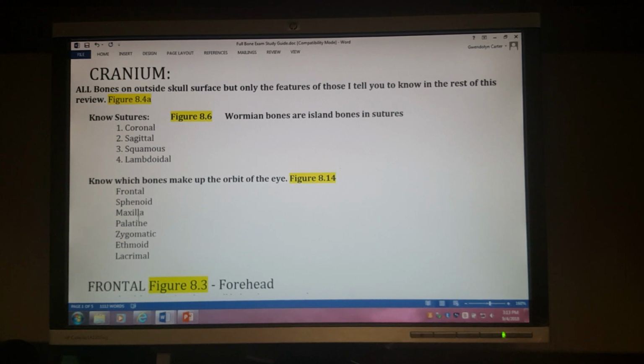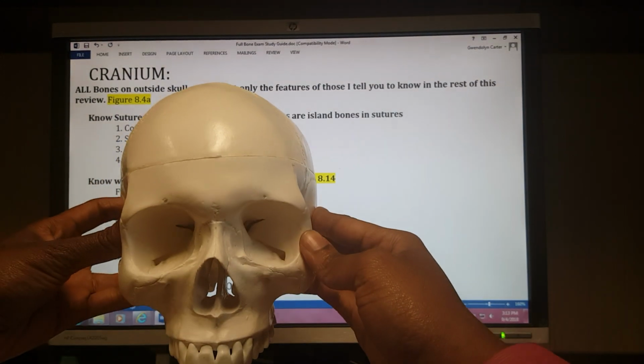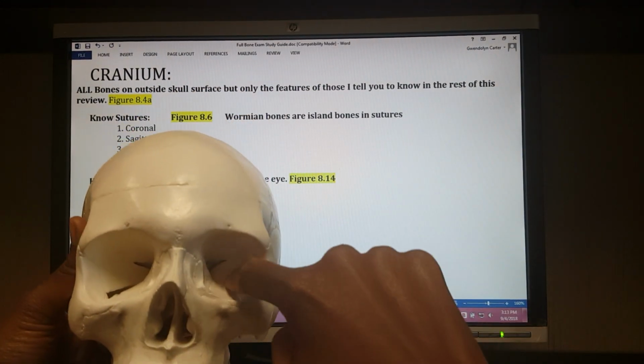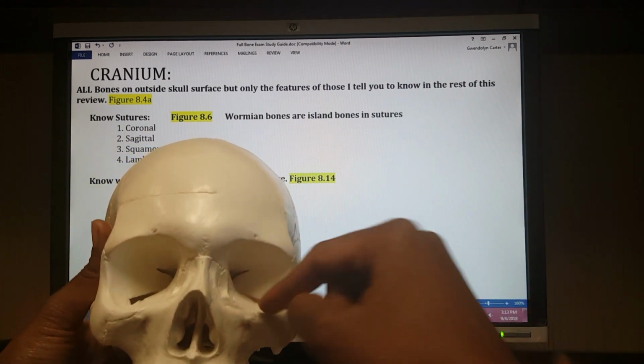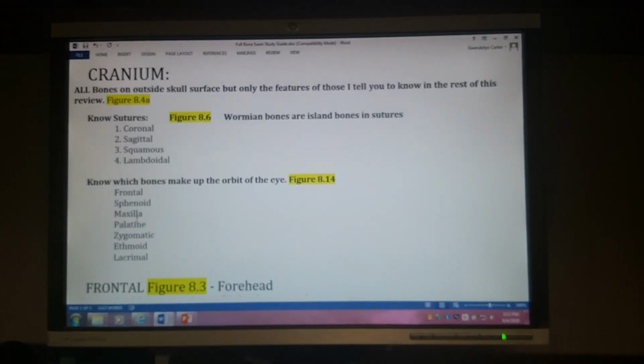You're not going to have to be able to label them, partially because your eye orbit bones, which are a bunch of little tiny bones that make up your eye socket, are very small and kind of hard to point out specifically. So starting at the top here,